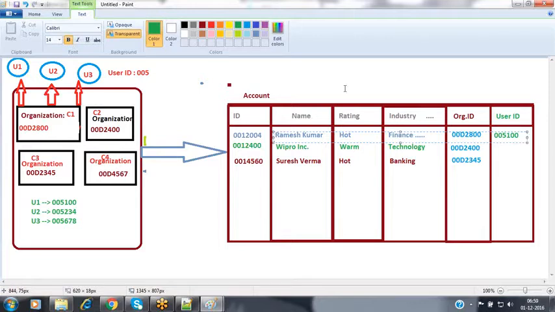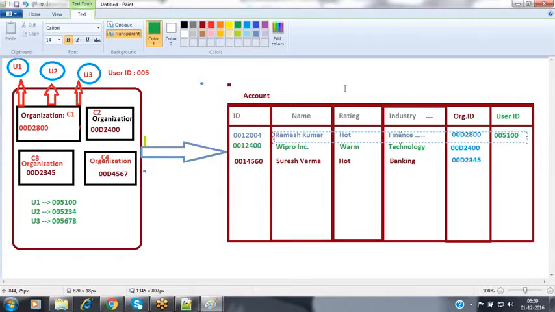I have contacted the person multiple times over almost one week, and I keep following up with them. Now this person is ready to buy right now. So please go contact this person, sell the product, and generate the revenue. Now, what happened here? I want to delegate this responsibility to one of my colleagues.